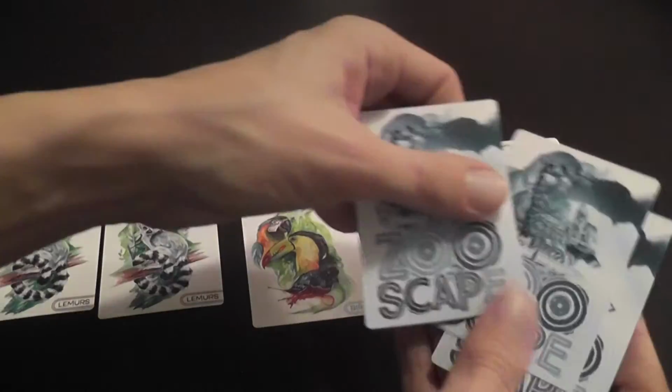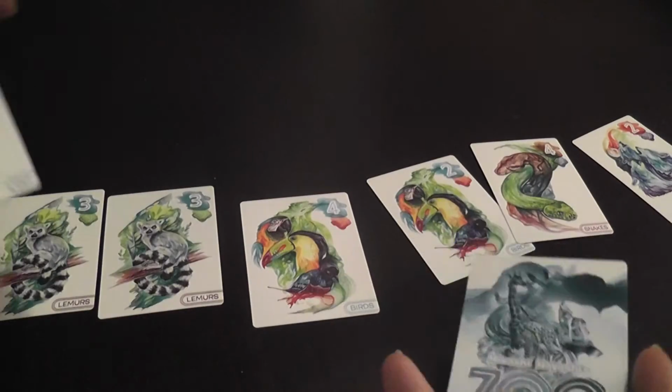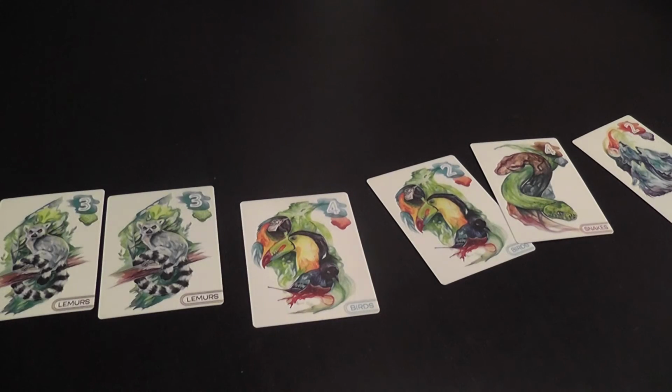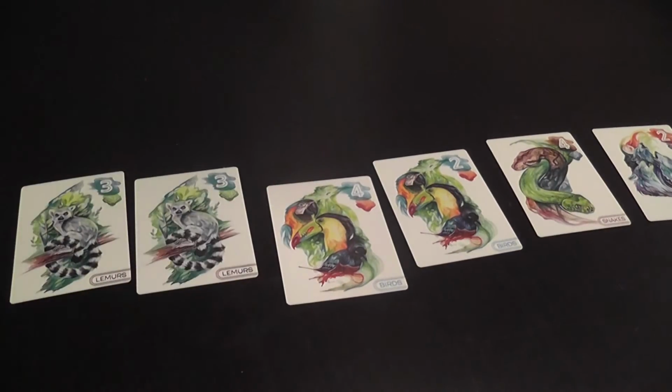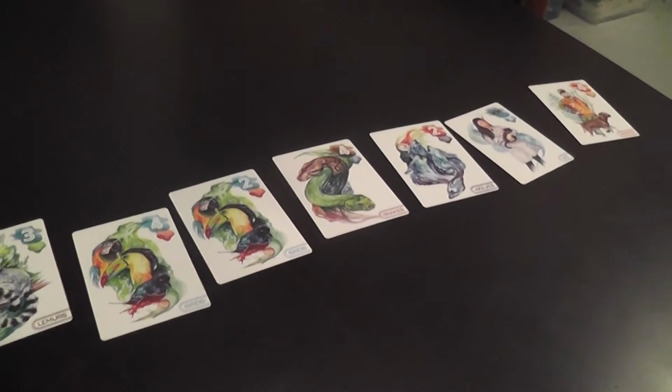At the beginning of a round, you draw cards from one of the decks, and you place them in a line without changing the order in which they come out. You won't be able to see the whole line here, but it doesn't really matter. We'll be able to figure out how the game works anyway. So you form a line more or less like that